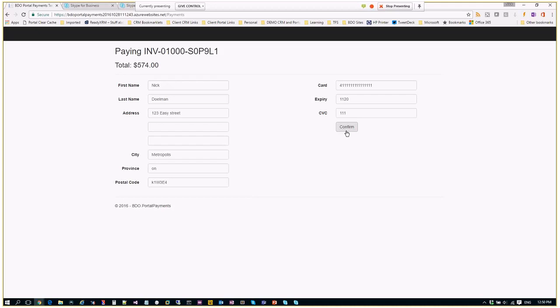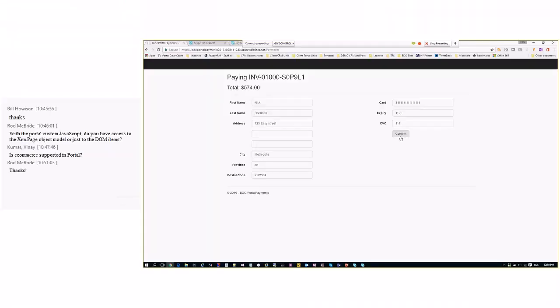It actually calls the payment gateway and sends over the information. We get that feedback, and once we get it, we'll write back to CRM using the web API to update that the invoice has been paid. We'll create a payment record. We can do partial payments, full payments, and things like that. So this is an example of where, yes, we can definitely do some e-commerce.